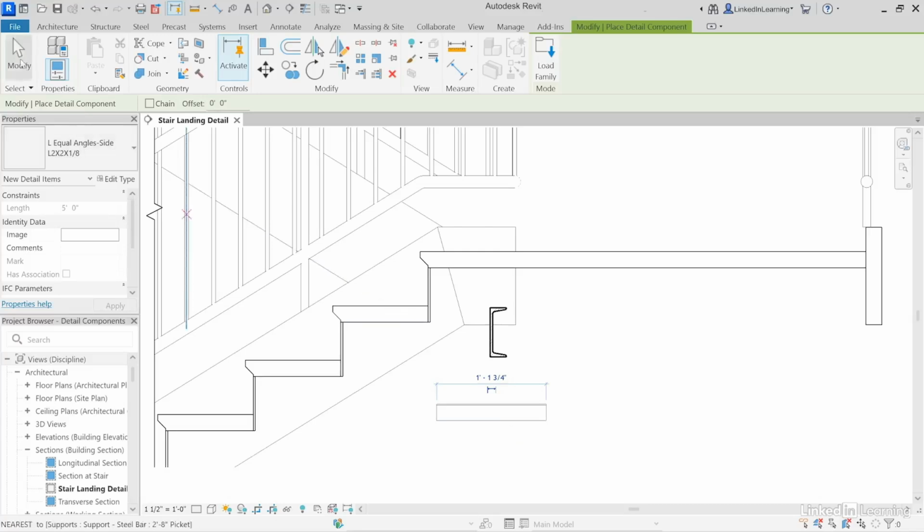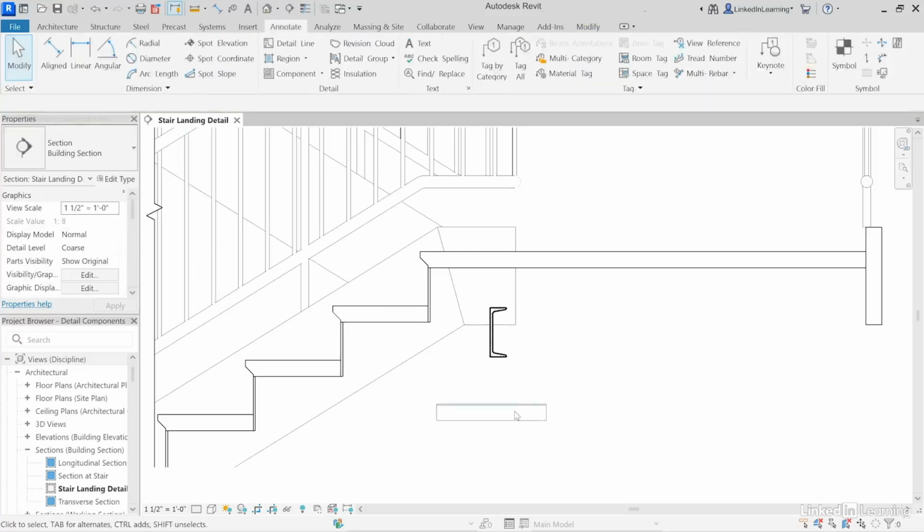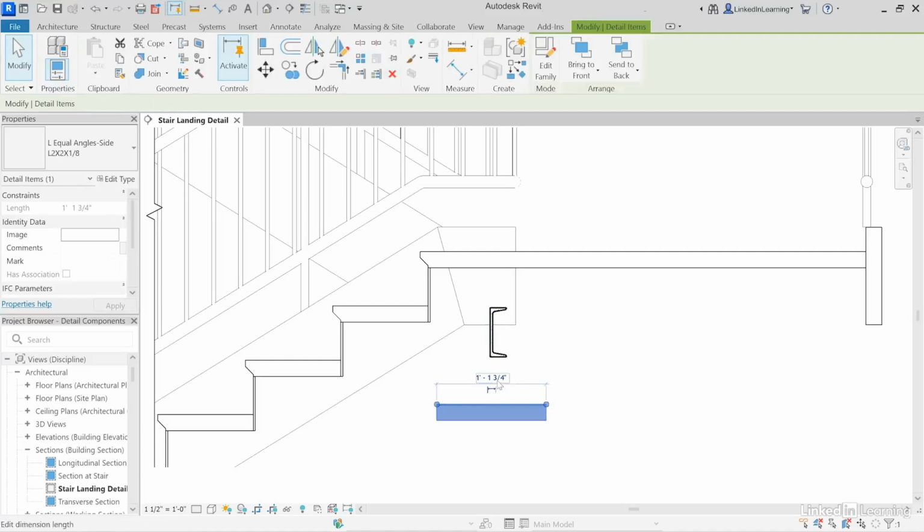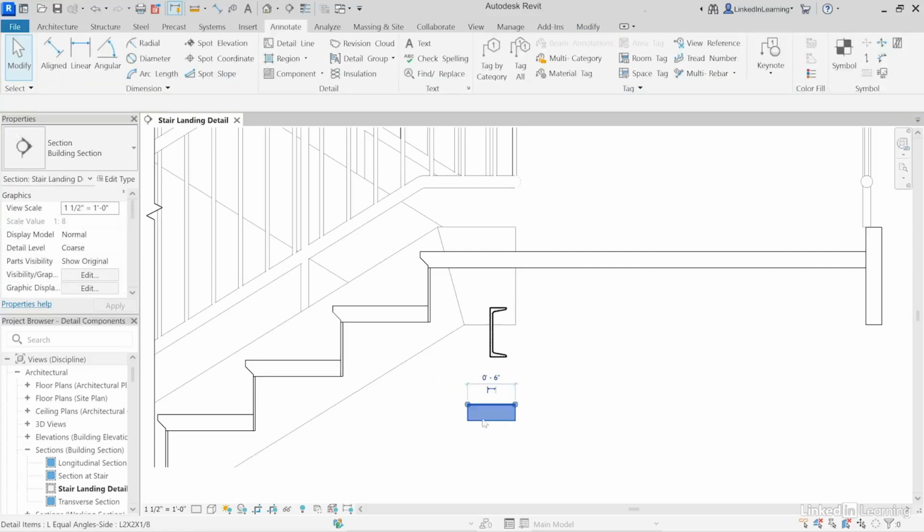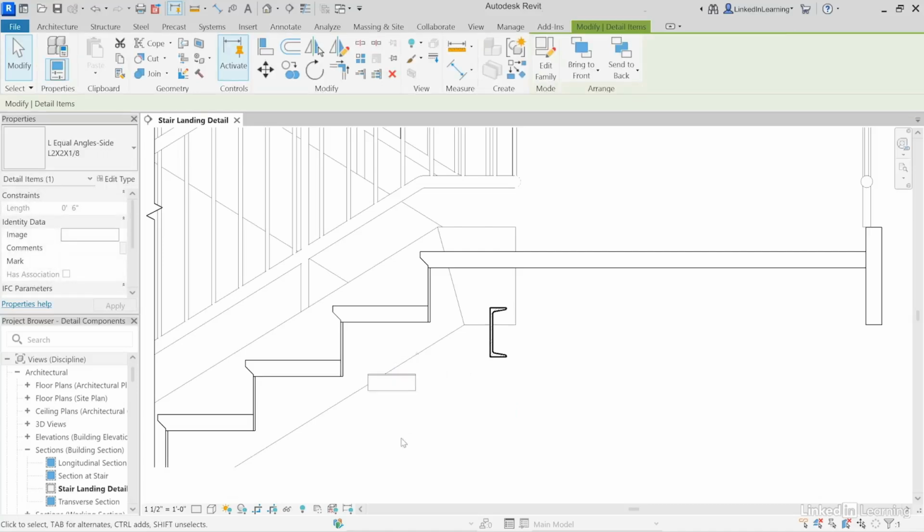But in either case, when you're done, you can click the Modify tool, come back and select the element that you've drawn, and then you can change the length using the temporary dimension. So let's use 6 inches imperial or 150 millimeters in metric. Now, I'm going to take this thing and just sort of move it a little bit like so. And what I